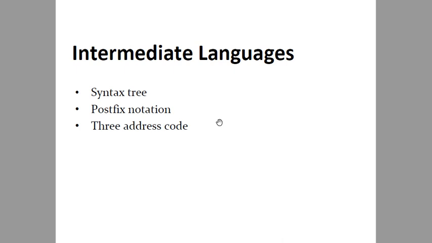There are different kinds of intermediate representation. First is the syntax tree, second we have postfix notation, and third we have the three address code. The semantic rules for the generation of three address code from common programming language constructs are similar to those for constructing syntax trees or for generating postfix notations. So we will look into the details of what intermediate representation as syntax tree, postfix notation or three address code is. They are very simple. I hope you will understand.